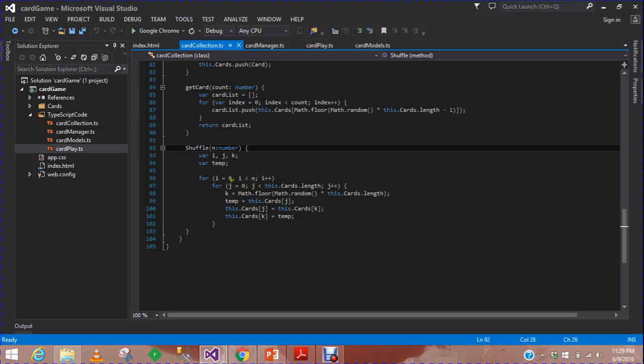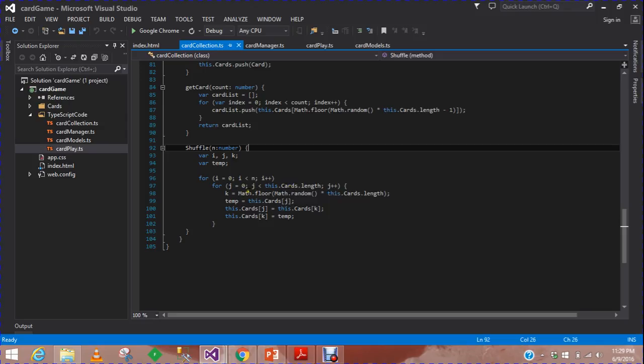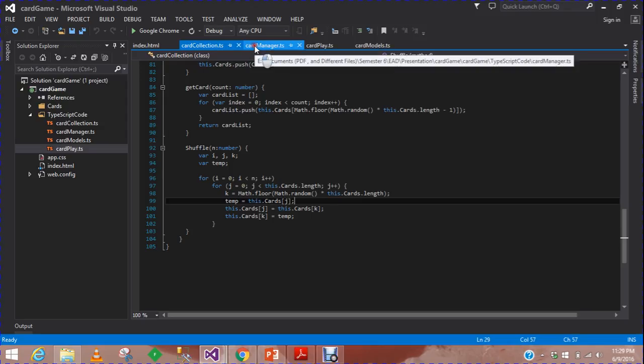There is a first loop for how many times you want to shuffle, and in the second loop this.card.length, and same as we did with Math.floor Math.random number, this will generate a random number. And this is a swap statement: put card j into temp, card k into j, and temp into k. This is a simple swap, programming thing. And there is another TypeScript file which is a